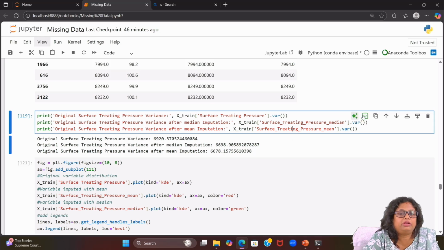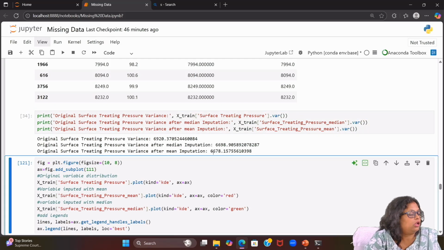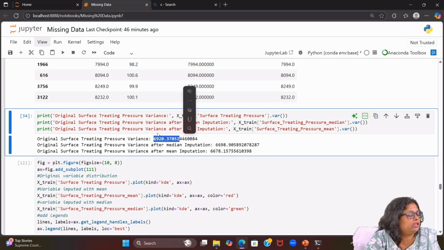Similarly, for the mean, we have to take the variance. So once we run this piece of code, okay, now this is the variance. Initially, the original surface treating pressure column variance was 6920, and after the imputation with the median, now the value is 6698. Okay. Similarly, after the imputation with the mean, the value is 6678.